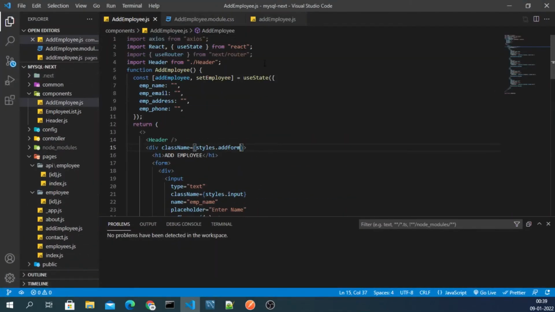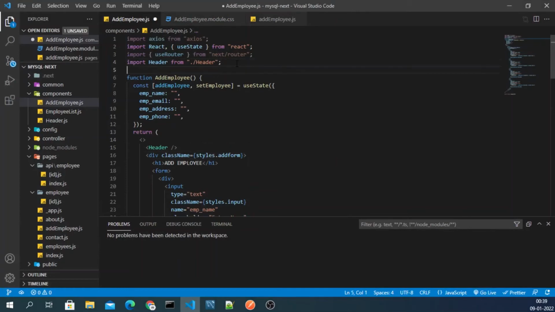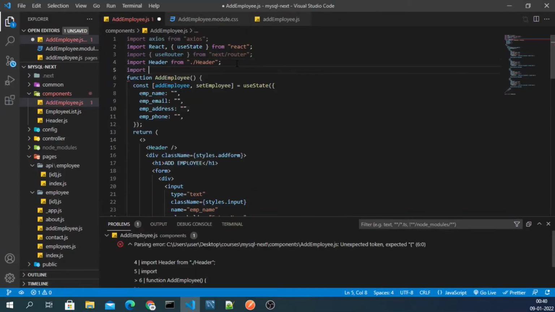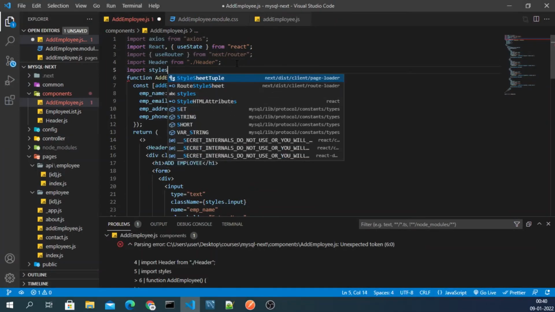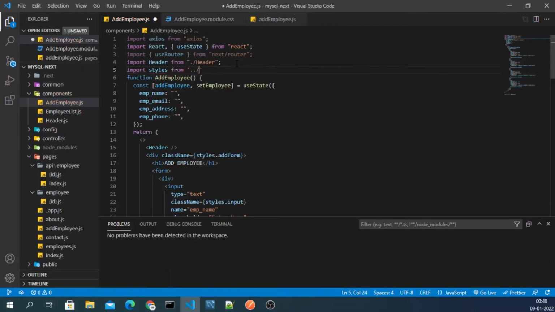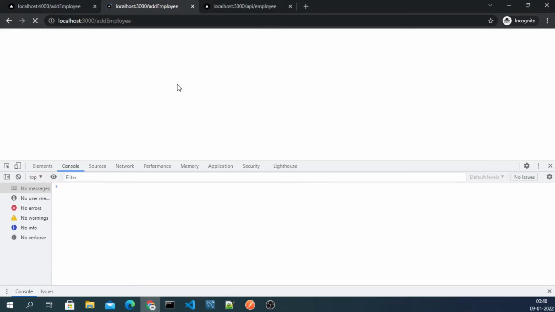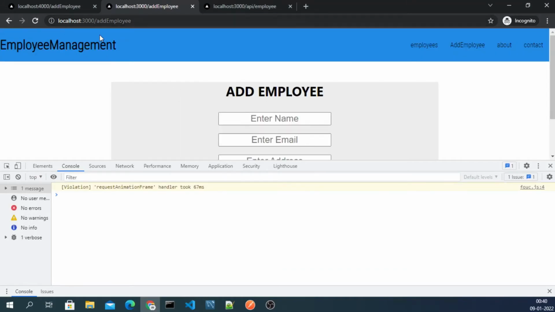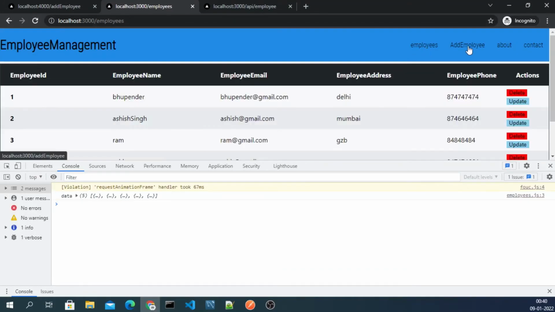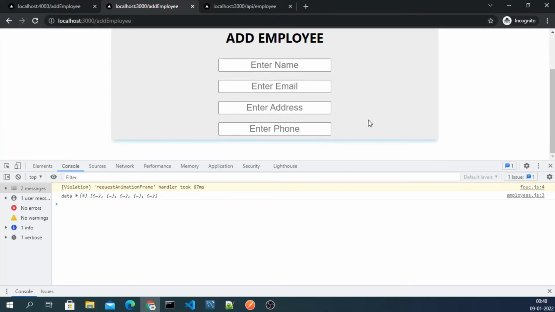So we will import styles from the styles folder, and then here add employee, like this. Okay, and then we are good to go. Why is it taking so much time? Okay guys, you can see we click on employees, and then if I click on add employee, you see we